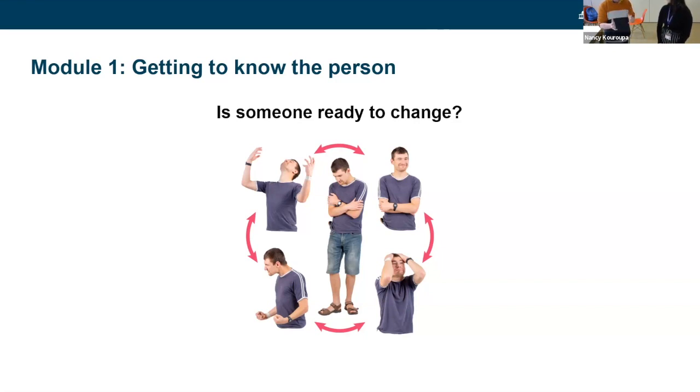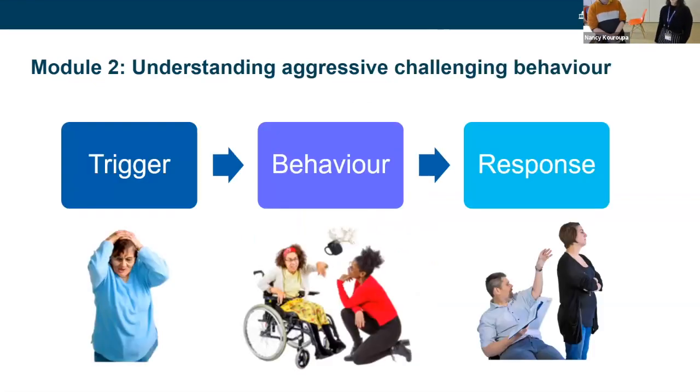And if they have had negative experiences with any of the other elements in that first bit at the beginning, they're less likely to. So it's understanding what their wish is, to change and to maybe move things forward, and what that looks like for them. Definitely. So that's module 1, and then we move on to module 2, which is understanding aggressive challenging